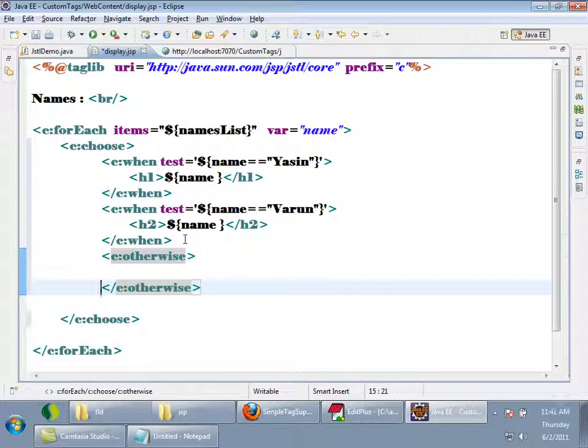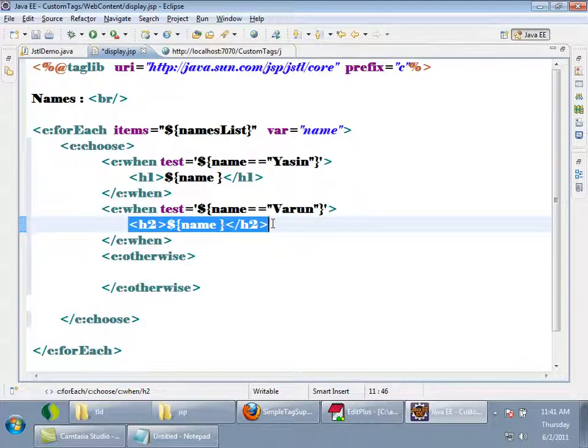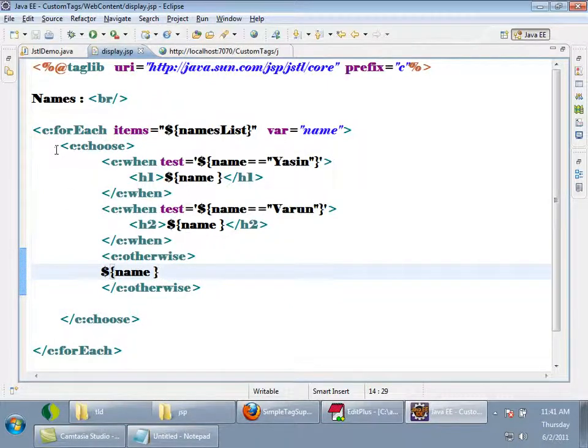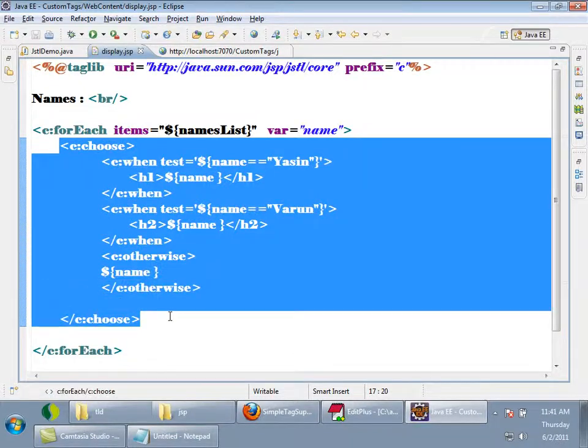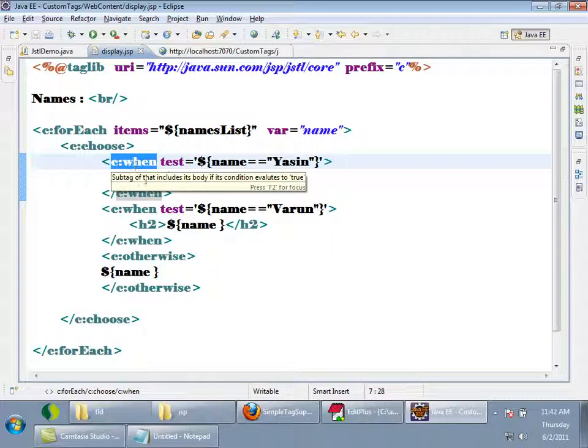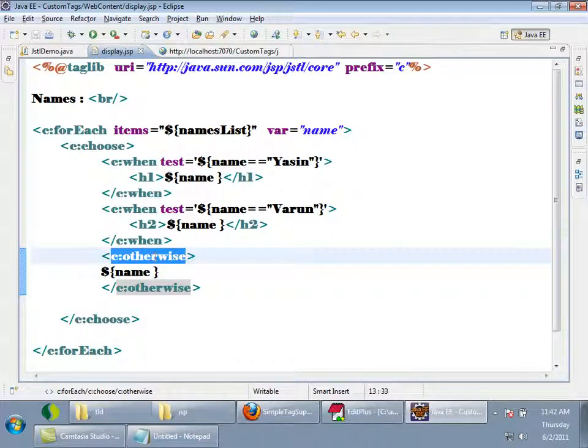This otherwise is just like default. I want to print it normally without any H2 also. This is similar to switch case. Choose tag is similar to switch, when tag is similar to case, and otherwise tag is similar to default.